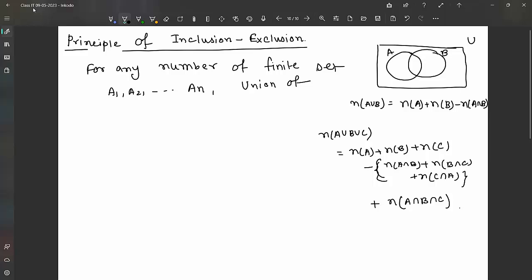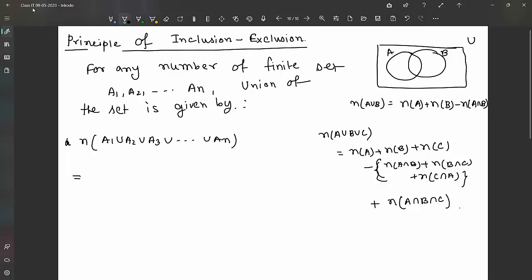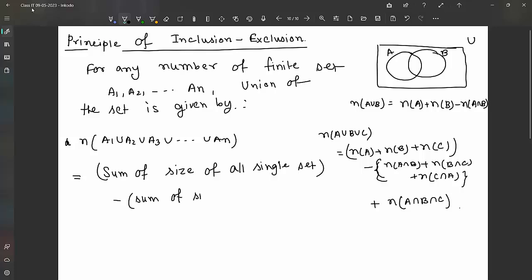The number of elements in the union A1 union A2 union A3 up to union An is nothing but the sum of the sizes of all single sets, minus the sum of the sizes of all two-set intersections,